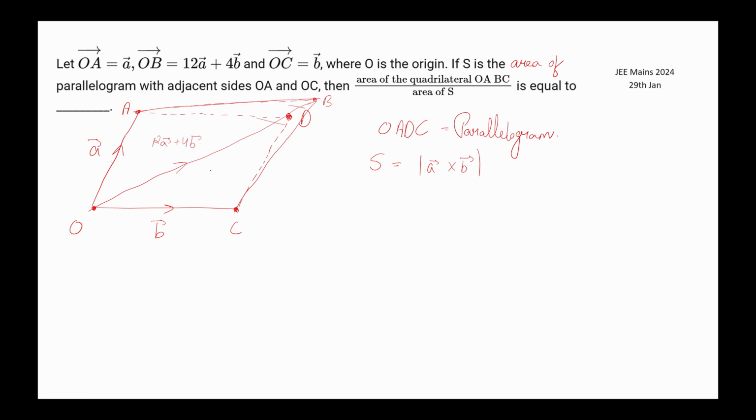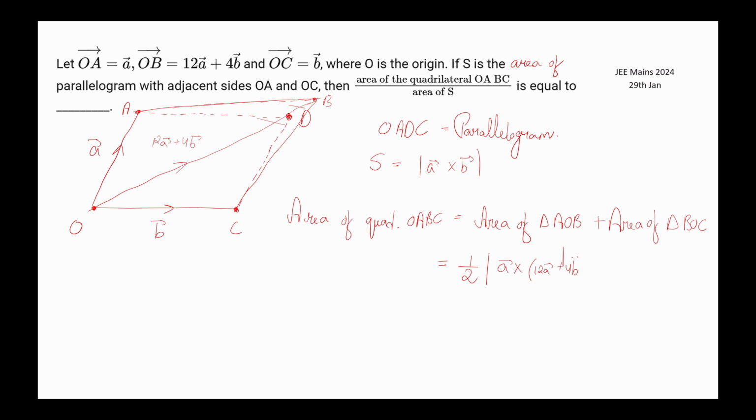And the adjacent sides of this triangle have been provided for both the triangles. So we can use the formula that we had studied. Area of a triangle is half A cross B, where A and B are the adjacent sides. So here, what are we saying? That area of quadrilateral OABC can be written as area of triangle AOB plus area of triangle BOC. So area of triangle AOB can be written as half of A vector cross 12A vector